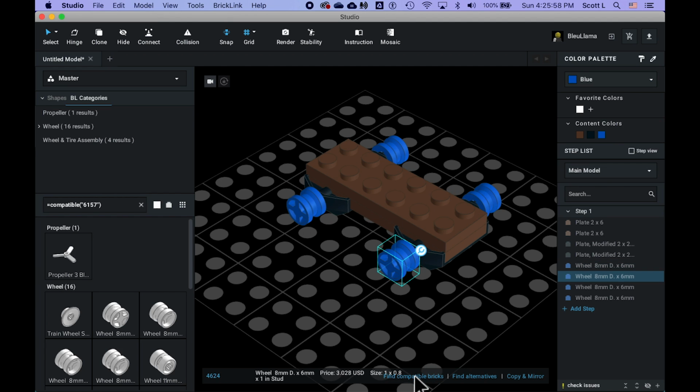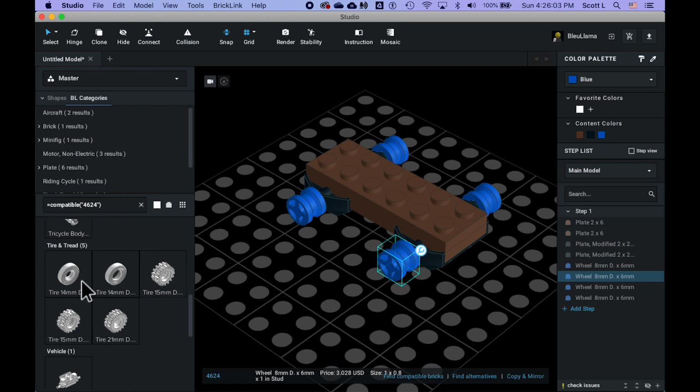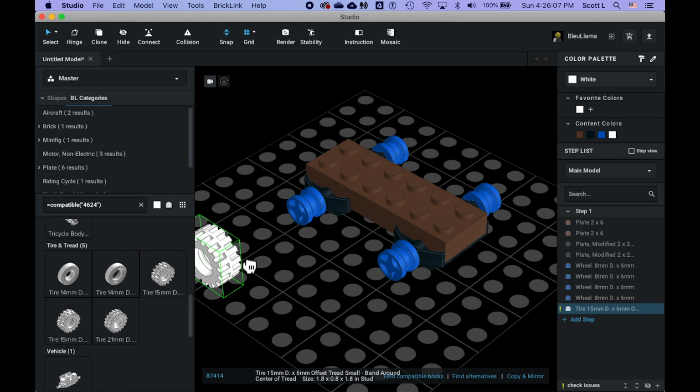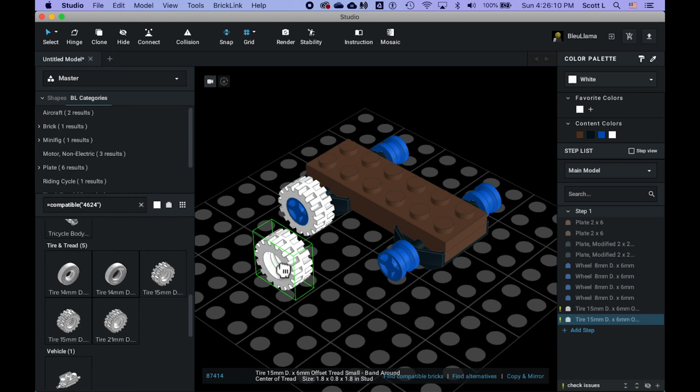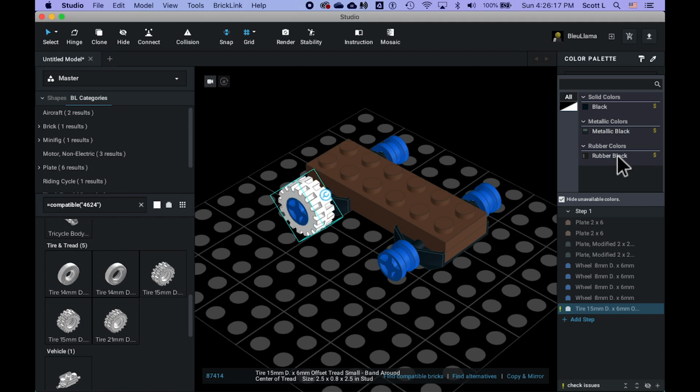Select one of these, find compatible bricks, and let's look through here. There are some options. I like this tire, just the standard tire. As you can see, we got the exclamation point again. You could probably guess that is not available in white, but it is available in black. If you notice over here, there's a little dollar sign next to it. That'll show you that it actually is available. So if you have hide available colors on, like right here, you can see all of these. It doesn't show anything,